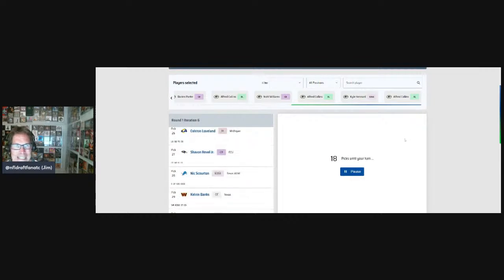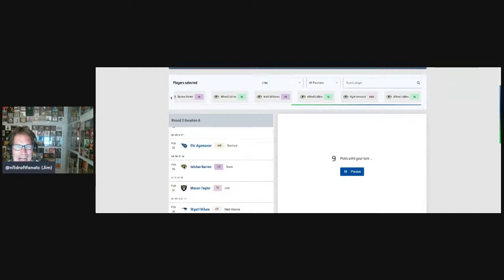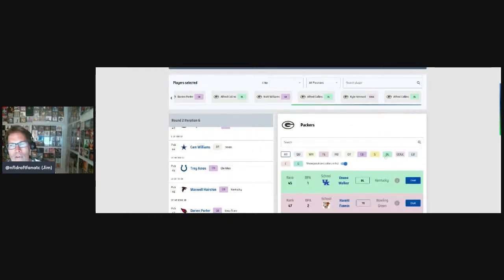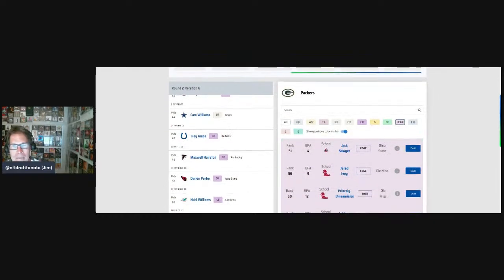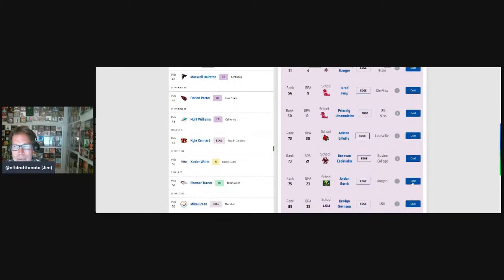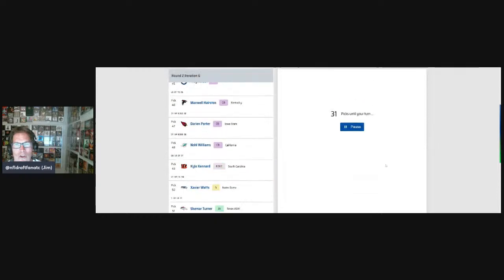So this is the 6th 2-round draft of a second round challenge. And what I'm doing is using a technique where I typically take the same player in round 1 over and over again. The definition of a second round challenge says that the second round pick has to be unique.